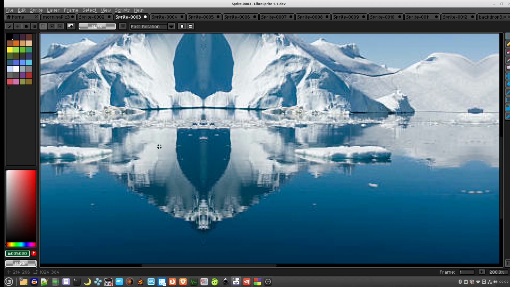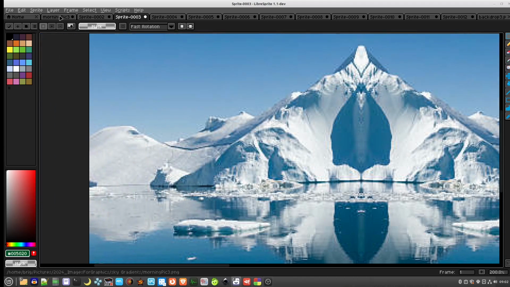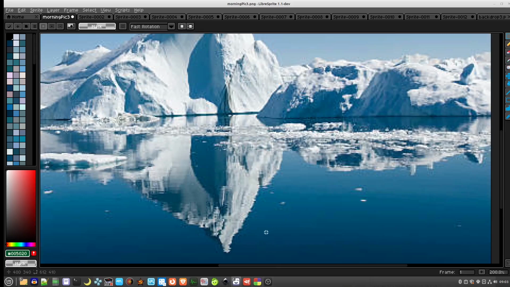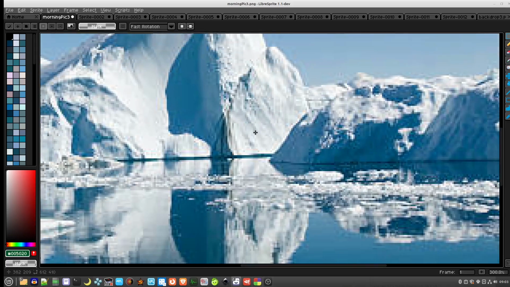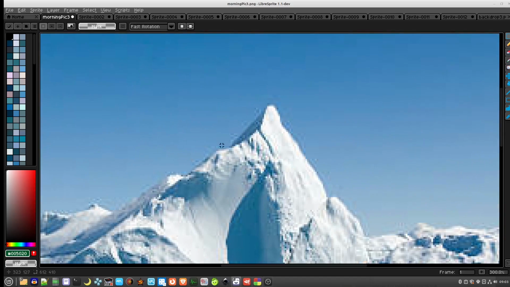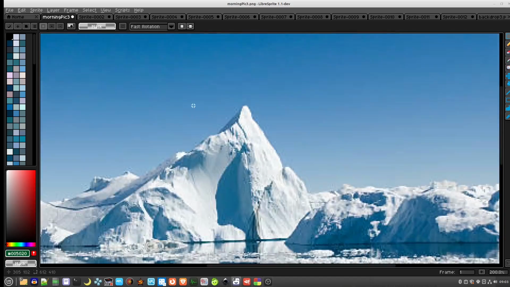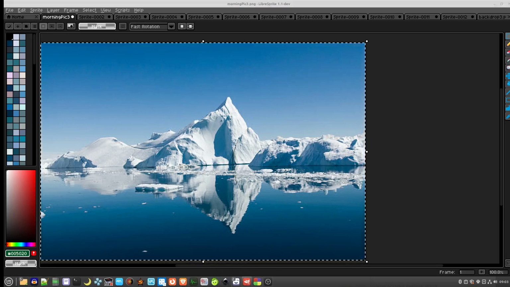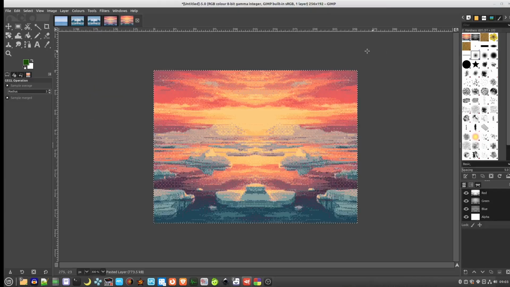So if you look at this picture here, I'll come back to this picture again. You'll see that the picture itself is low quality. It's very grainy. I don't know if you can make that out from the video. If I zoom in one time, you can see all the noise around. Now if we copied this into GIMP here,